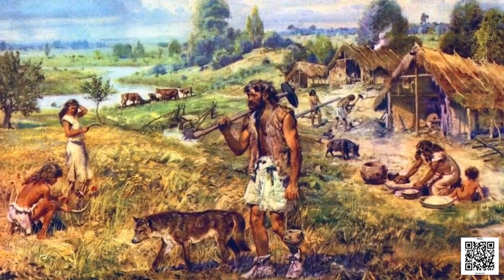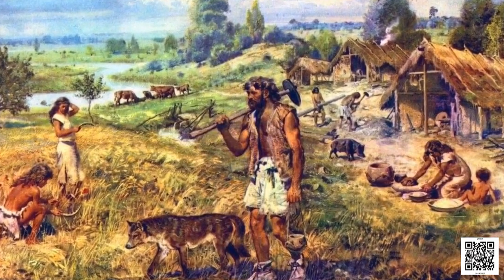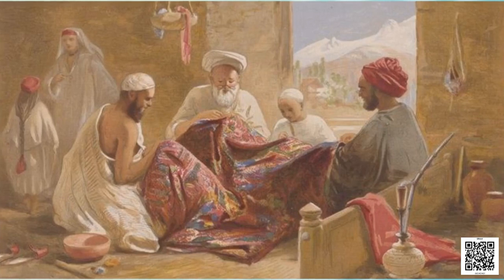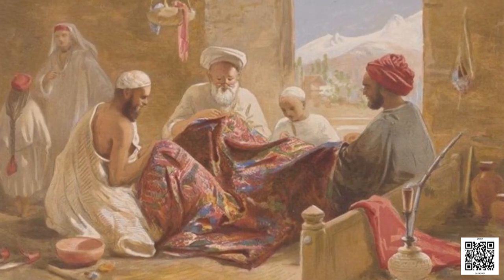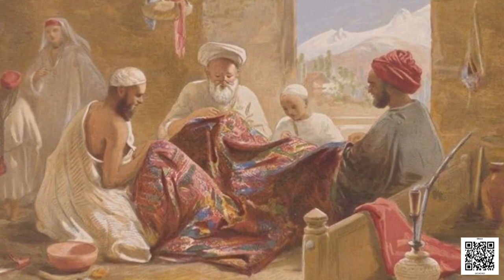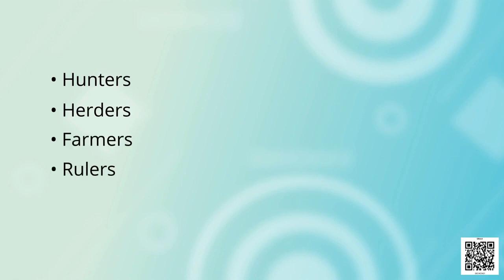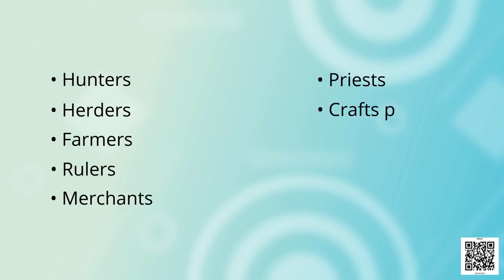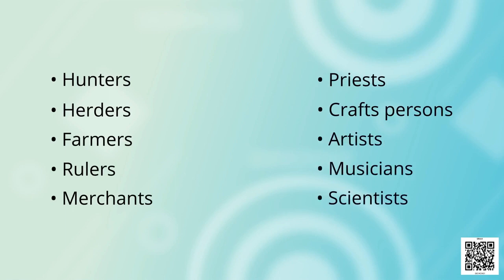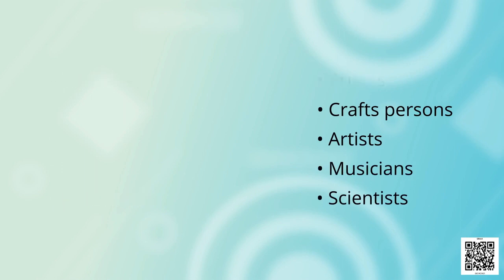There are several things we can find out. What people ate, the kinds of clothes they wore, the houses in which they lived. We can find out about the lives of hunters, herders, farmers, rulers, merchants, priests, craftspersons, artists, musicians, and scientists. We can also find out about the games children played, the stories they heard, the plays they saw, the songs